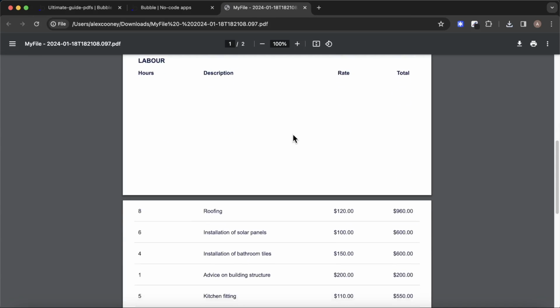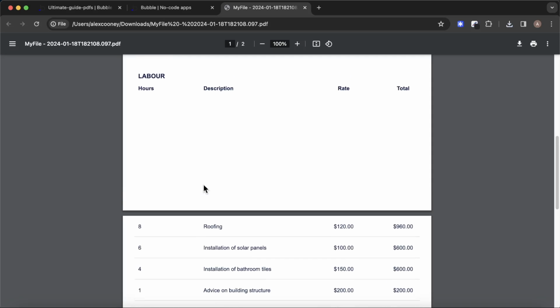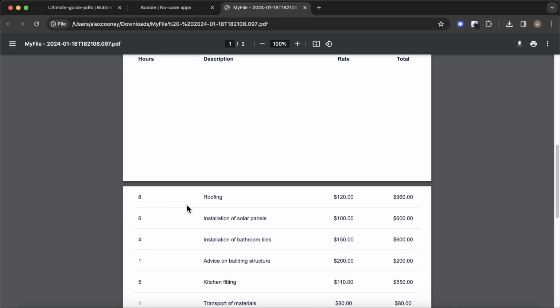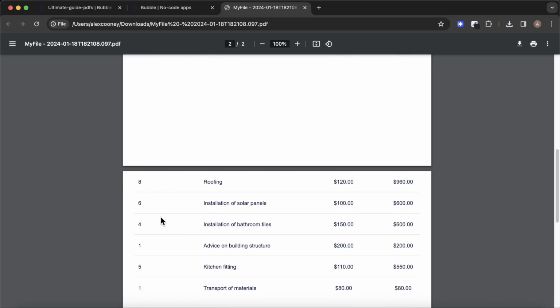But what we don't really want is having the first entry of the repeating group on the next page. Ideally, we'd have maybe 3 or 4 of the line items up here and then the rest of them on the next page. An issue you might think will arise now is we've already broken down these elements as far as we can. You can't really get any further down than a text element, that group element here, or particularly the repeating group. But the plugin does come with some functionality that allows us to break this repeating group up into